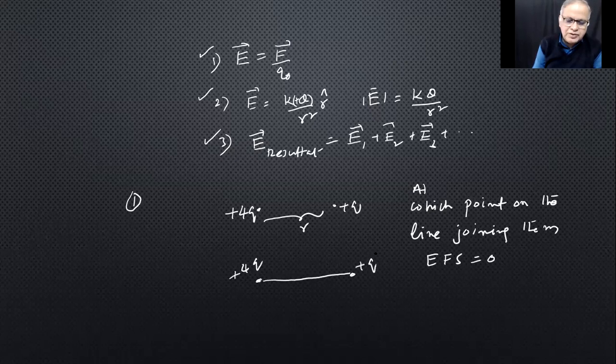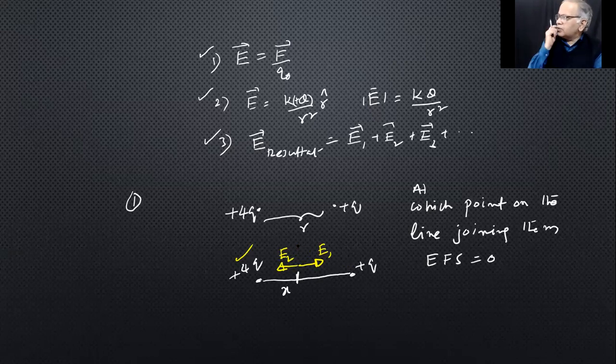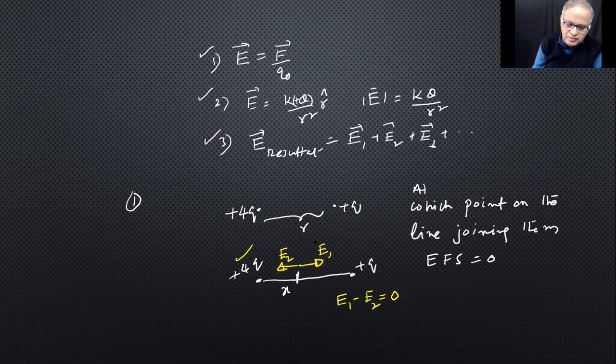You'll think it will be 0 for one reason, because the electric field of plus 4Q and plus Q will be opposite. Say at a distance x, the field is 0, we can think. Why? Because plus 4Q's electric field will be this way, away from plus 4Q. Similarly, plus Q's electric field will be like this, E2. Since they are opposite, the magnitudes might become equal. Therefore, the net electric field strength may be 0. So, mod E1 minus mod E2 equals 0, you should make.